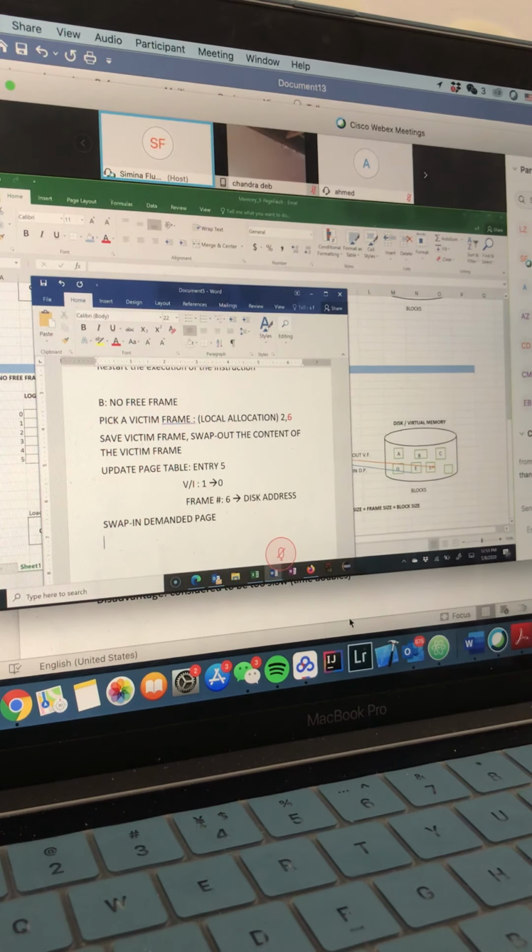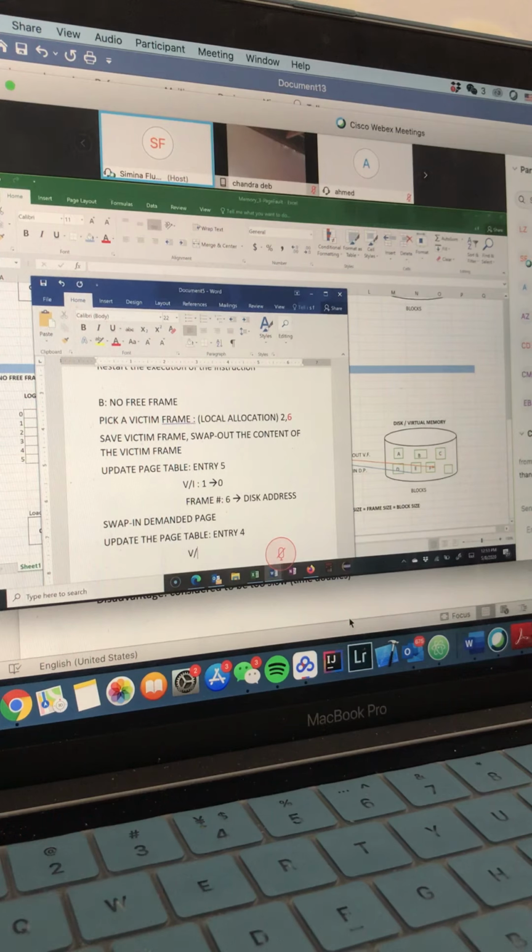And then the last step will be to update the page table, because now the page is in the main memory. What entry are we gonna use? Well, what page did we bring in? Page 4. So we're gonna have page 4.